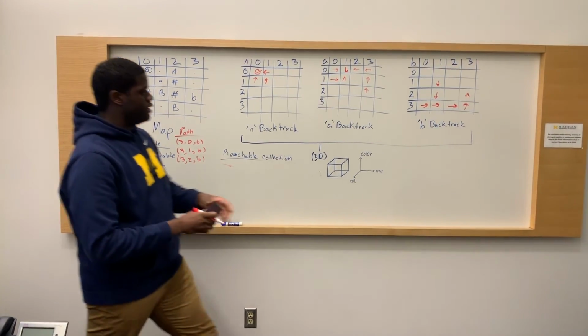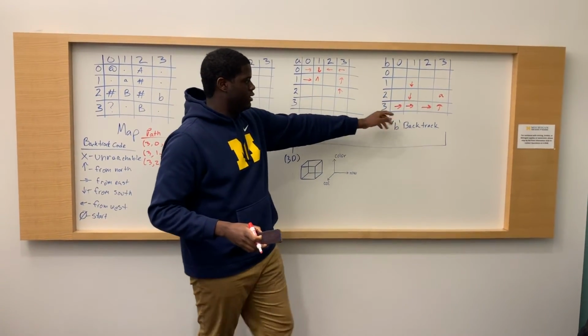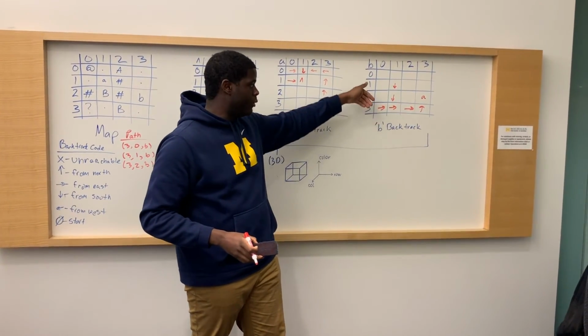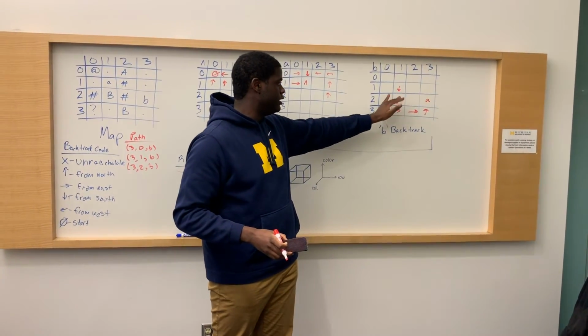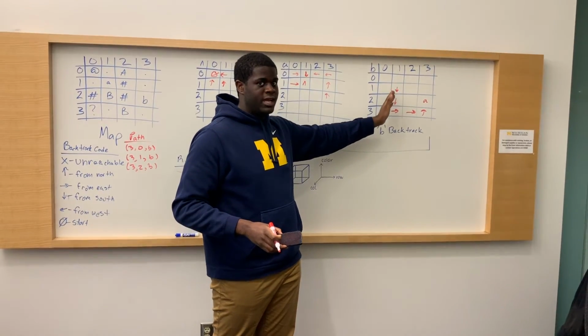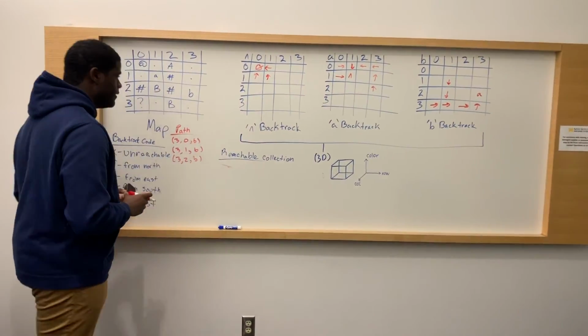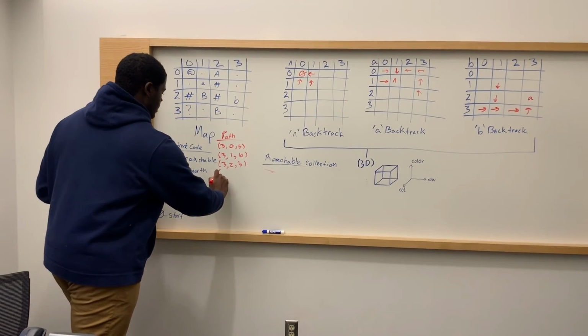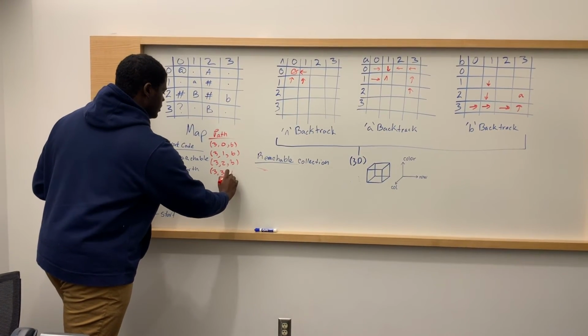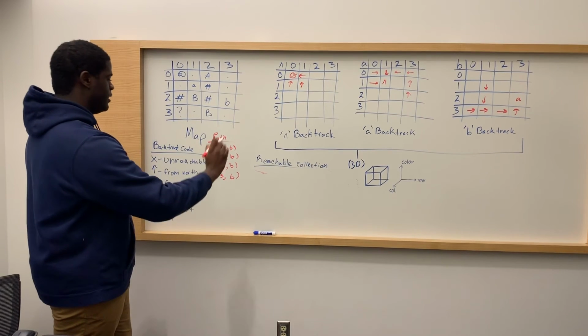As you can see, even though we looked at these tiles, our backtrack information doesn't always flow back to the start. It doesn't really matter that we look at these tiles because they're not on the path that leads to the start. So look at 3, 2, and then 3, 3, and then we'll look at